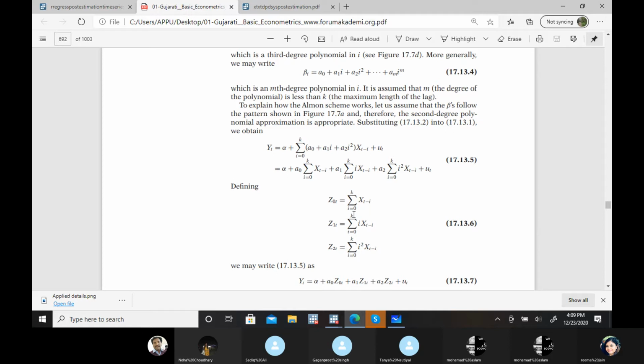This is the lag length. So first you have to decide the lag length, how many lags you have to take into account. Second, this behavior. So these two decisions you have to take before running this Almon model, this particular model.